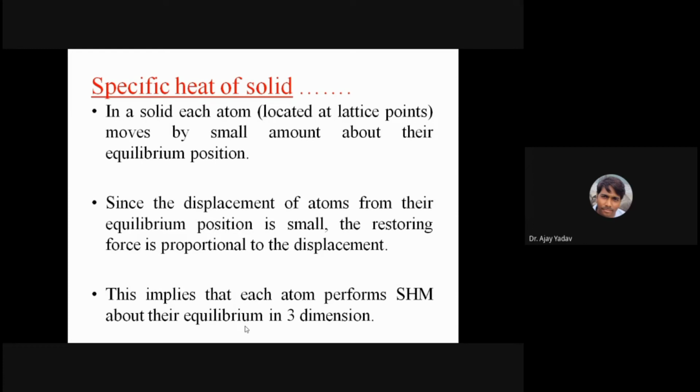Now, how can we find out the heat capacity at constant volume? We will have to calculate the energy of the whole structure. We know that you can find out the energy of an oscillator very easily. See how the theory is moving, assumption or postulate, towards finding the specific heat capacity at constant volume. So every atom is considered here as a simple harmonic oscillator.